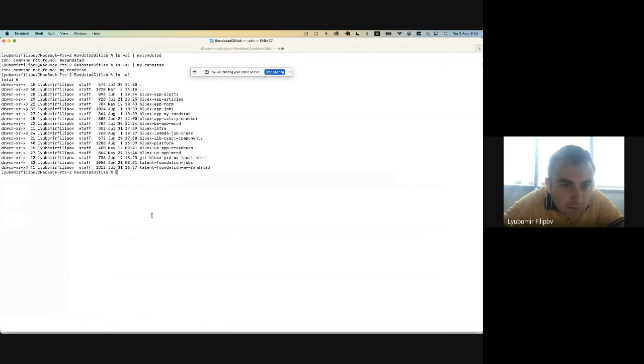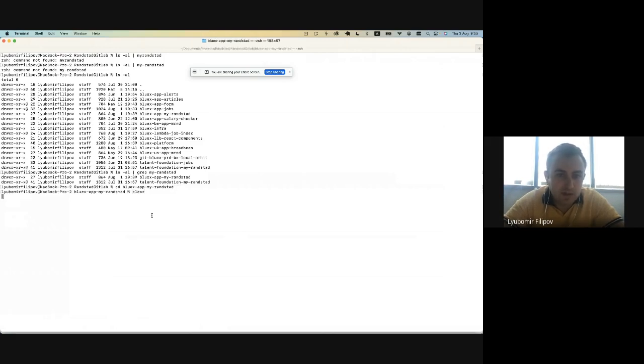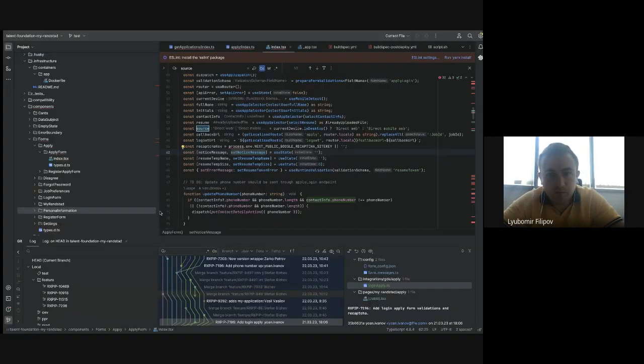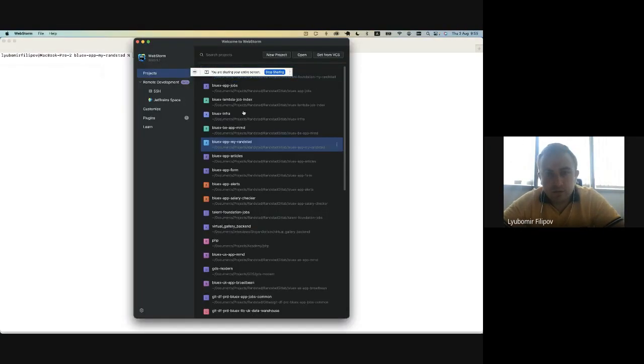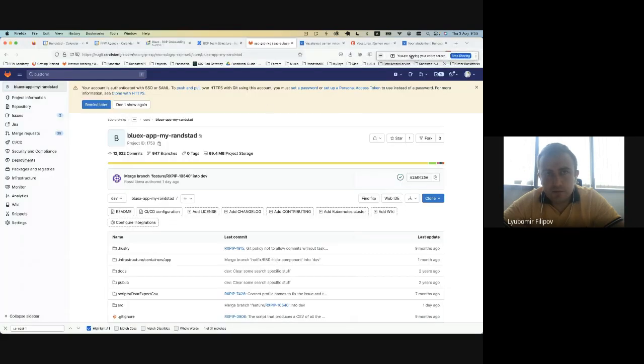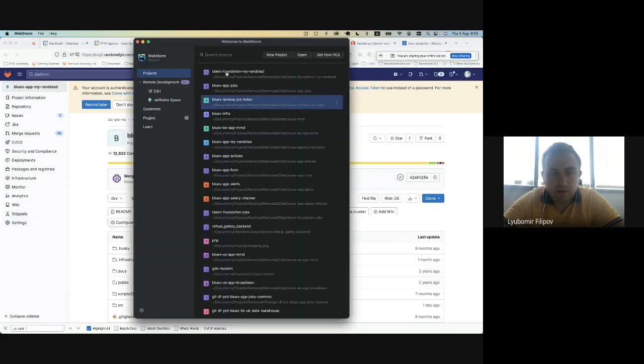Okay, so I have two apps, but I will open the MyRandstad one in Vuex and RXP Classic, and then I will open it in WebStorm. So I'm searching for Vuex